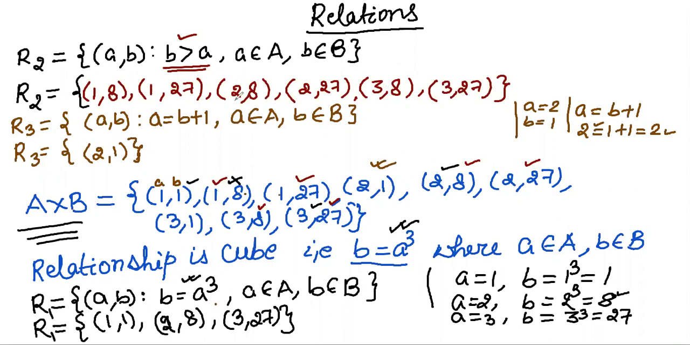And these are also from where? From A cross B. Similarly, for the R3 condition we have taken A equals B plus 1. An element we are getting is 2, 1, and this 2, 1 is also from where? From the Cartesian product of sets A and B. So finally we can write here